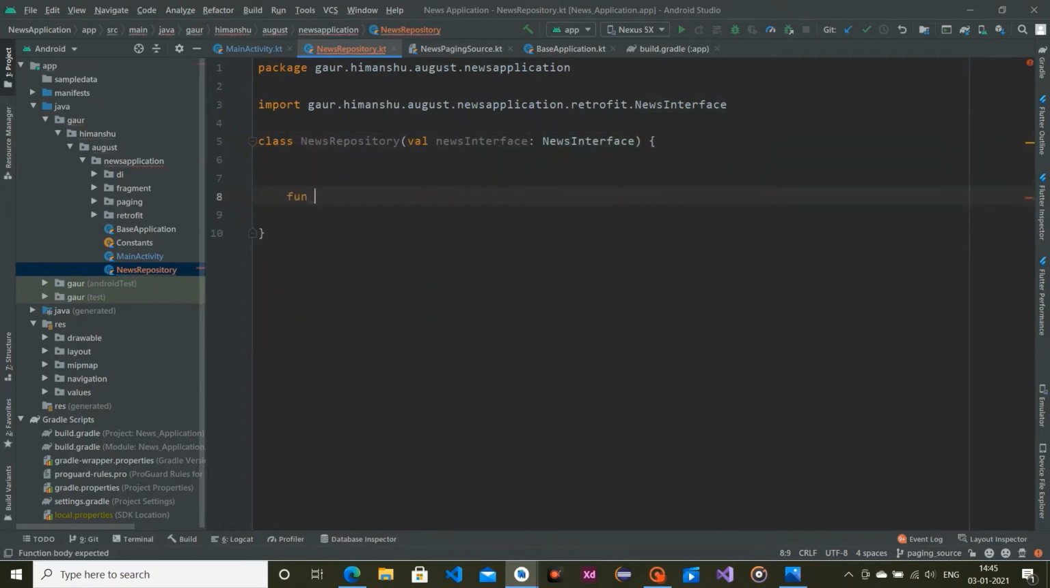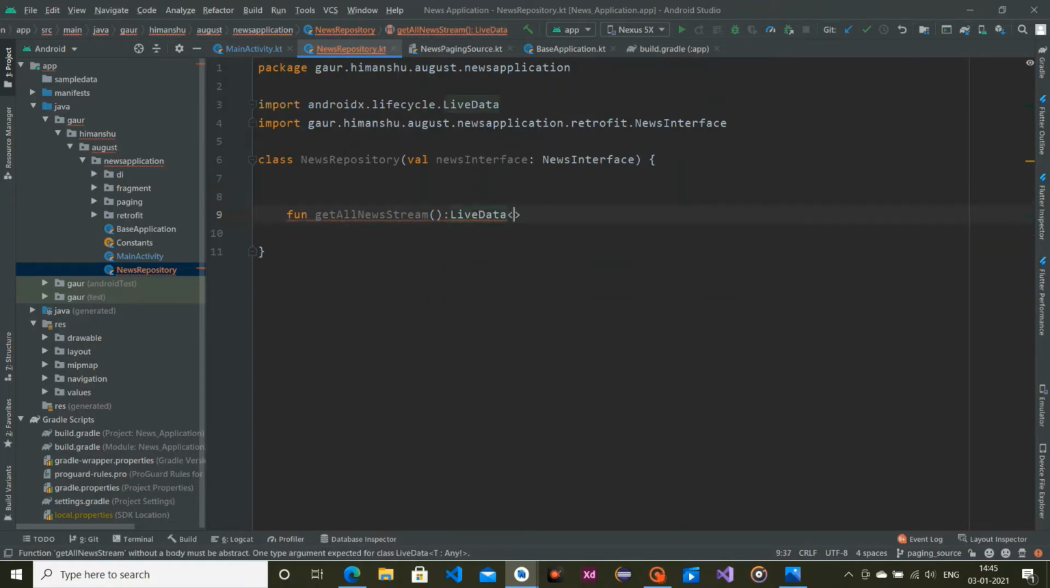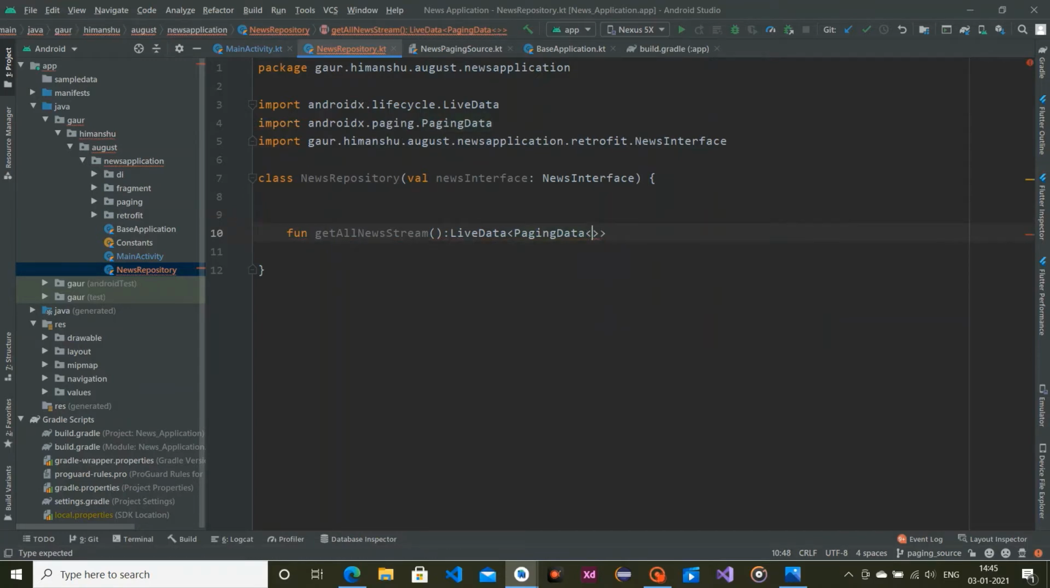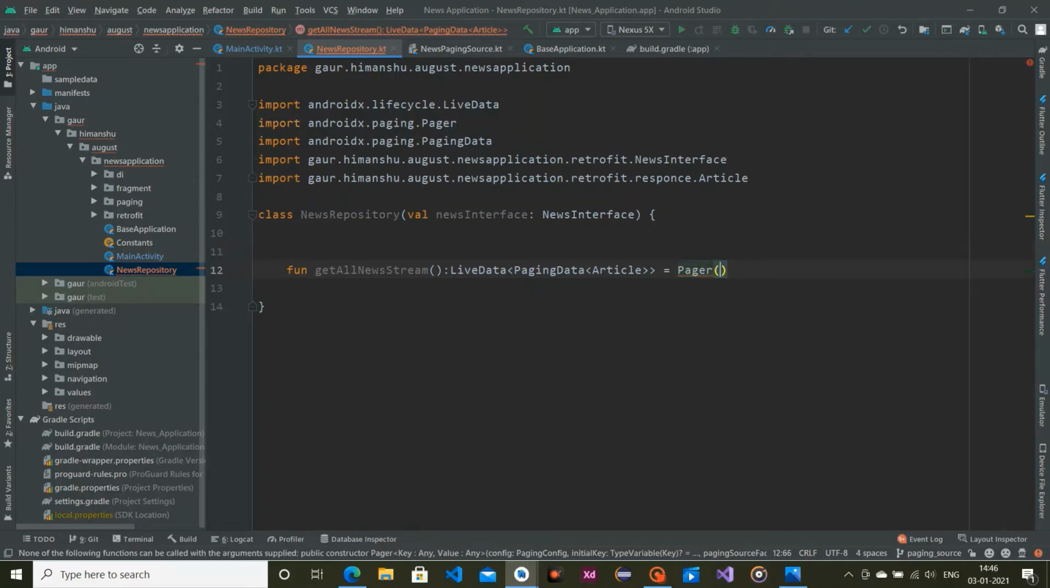We have to create a function naming get all news stream, and it will return live data actually. So it will return a live data which is consisting our paging data. Within this we have article. So just create a pager,